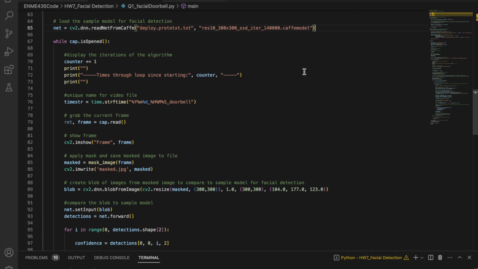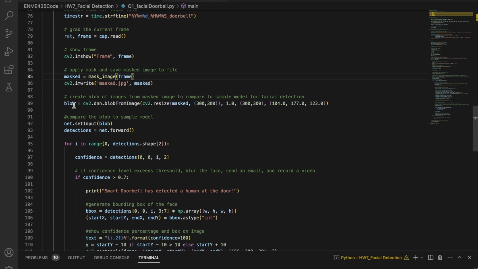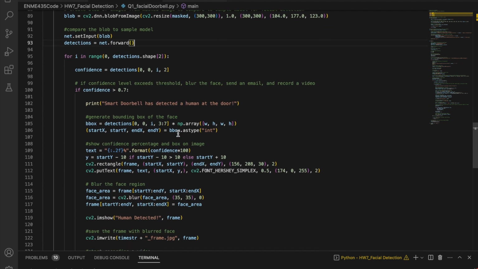We create a time string for each iteration, and we also apply our mask image function to each frame. And then we create this blob, which is a collection of images with the same spatial dimensions and same depth, and they all have been pre-processed in the same manner. So here, this blob is compared to the pre-trained model that we saw earlier, and then that comparison has a